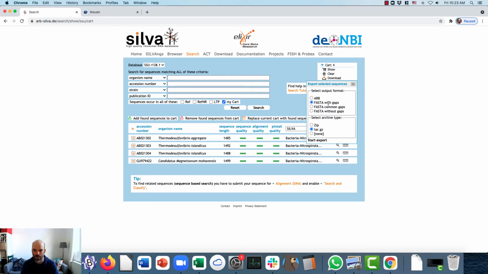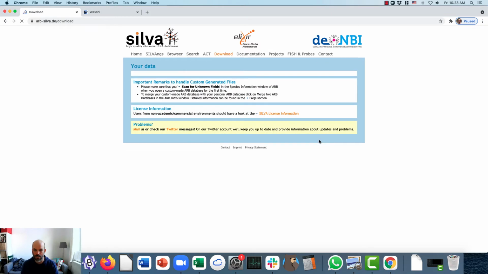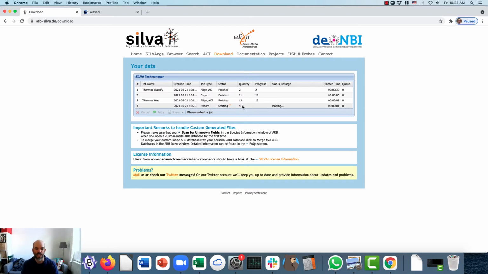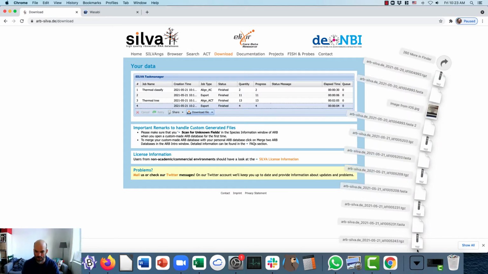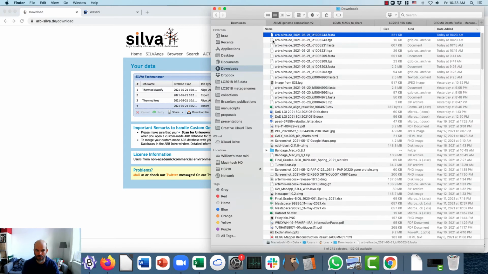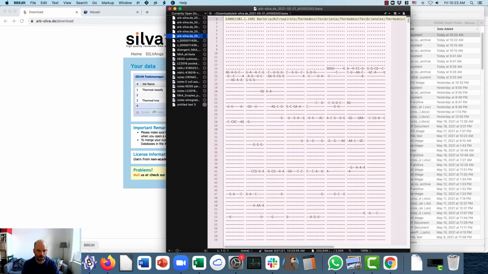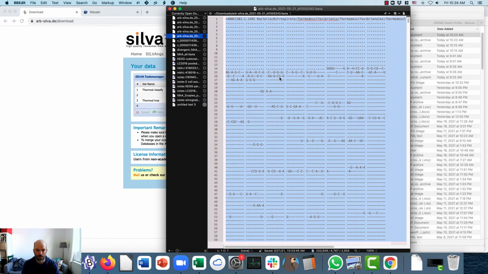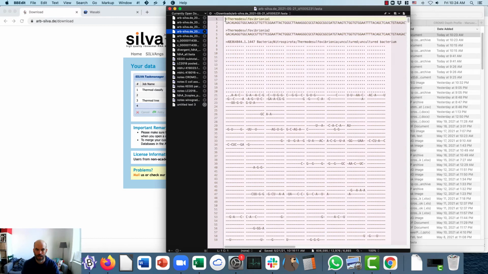As long as we always choose FASTA with gaps and export and download, then we can add those to our FASTA file that we've already been assembling, right? So just to show you what that means, I downloaded the file, here it is, open it in my text editor. Here are those 3 sequences that I just manually added. I'm going to select all, copy,